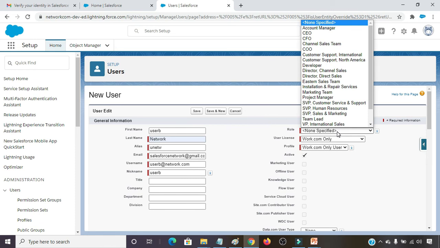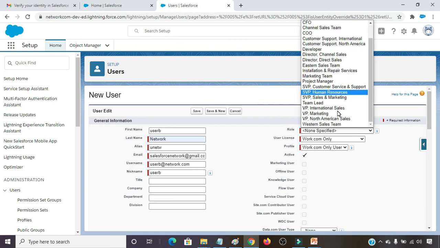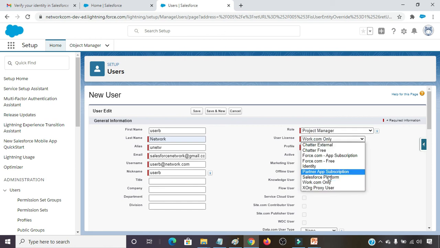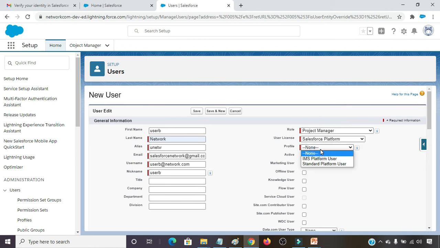And again coming here in the role section, I am going to provide a role, project manager. User license I am going to provide Salesforce platform, and profile I am going to provide IMS platform user.